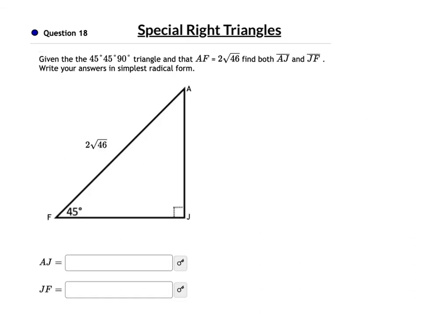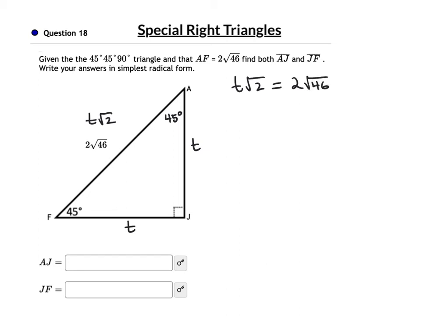Now we finally get past the review. Special right triangles. This is a 45, 45, 90. We know this is 45 degrees because the three angles make 180. Remember, it's isosceles. The sides are t root 2 for the hypotenuse, and the two congruent legs are t and t. So my equation is t root 2 equals 2 root